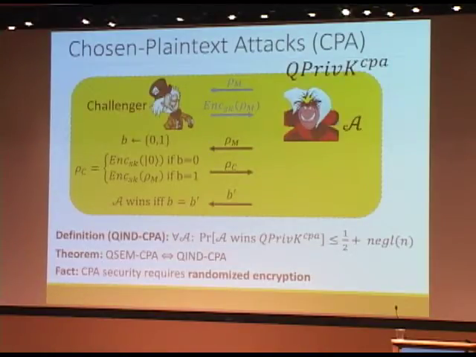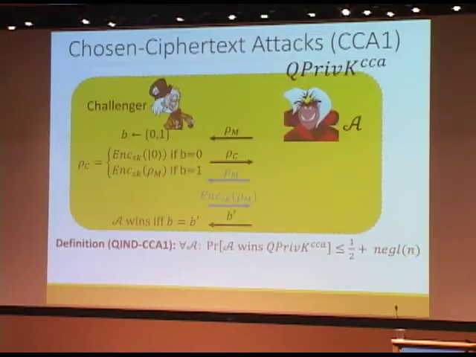So if you want to fulfill this kind of notion, then you will need some more advanced form of encryption, the so-called randomized encryption. You could take this even one step further and not only allow the adversary to ask encryption queries, but as I said, maybe you can also allow him to ask decryption queries, and then you get a notion that is called chosen ciphertext attacks, so CCA1, there's a CCA2.